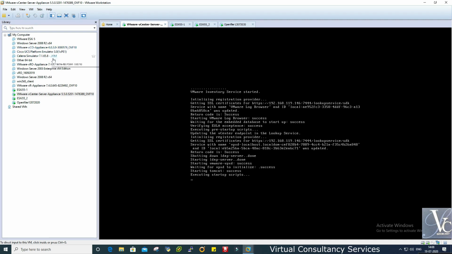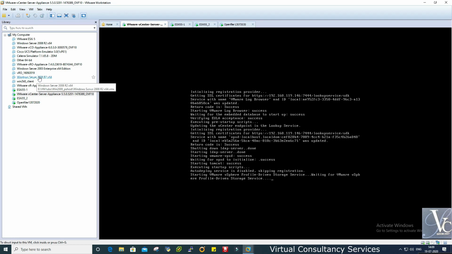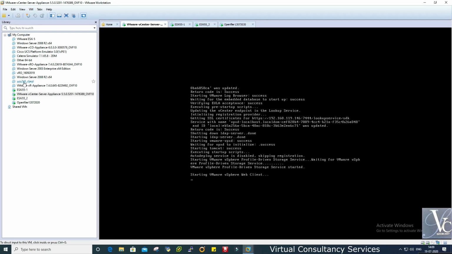This is the new VRO, this was 6.0, this is 7.4. This is my old AD server, Active Directory. This is a newly created VRO, this is a newly created Active Directory, and this I created for practice purposes, 2K8 clients.